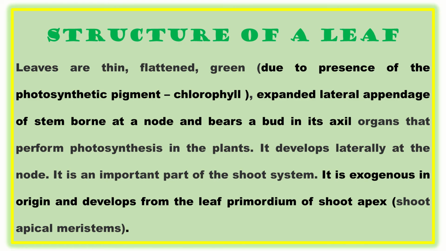Leaf, as you all know, is an indispensable organ of the shoot system. Alright, so let's first start our lecture with a basic definition of leaves. What are leaves? They are thin, flattened, green, expanded lateral appendages of stem born at a node and bear a bud in their axil, organs that perform photosynthesis